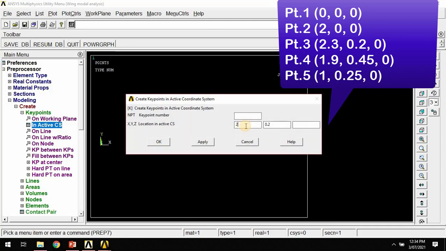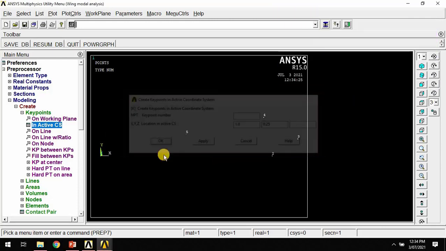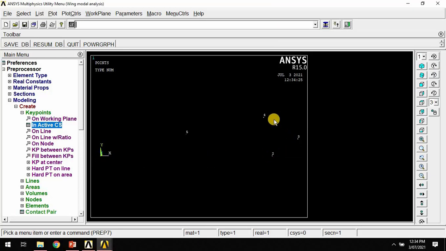Next point is 1.9, and here is 0.45. Okay, click on Apply again, and the last point is 1 and 0.25. Then OK. So see here, 1 2 3 4 5, the points I have created.